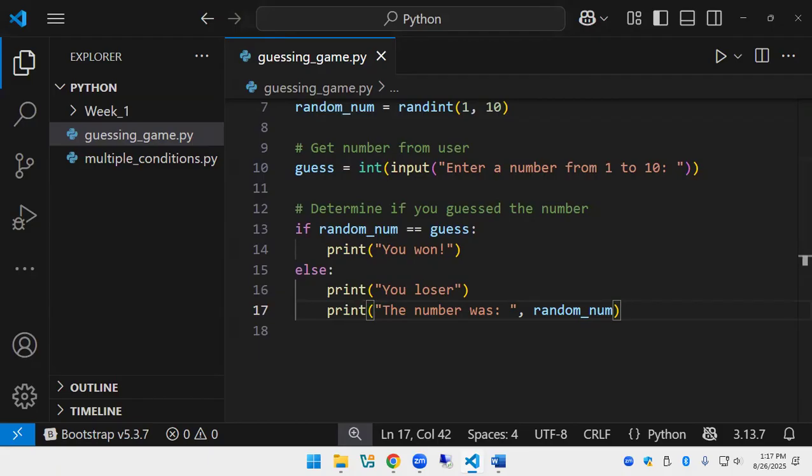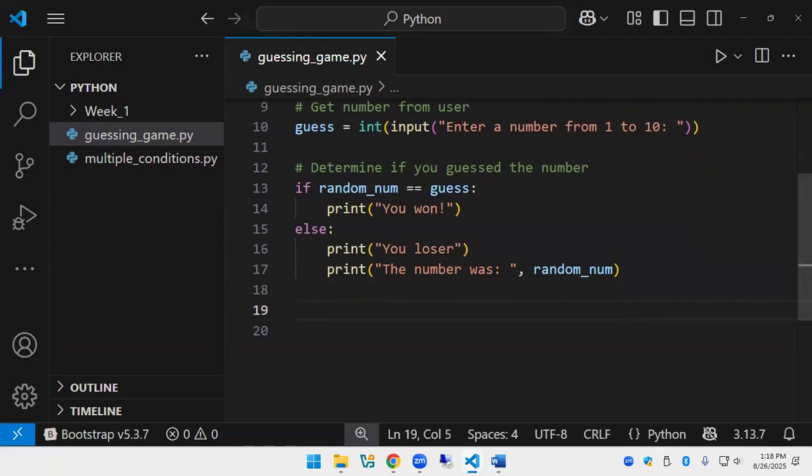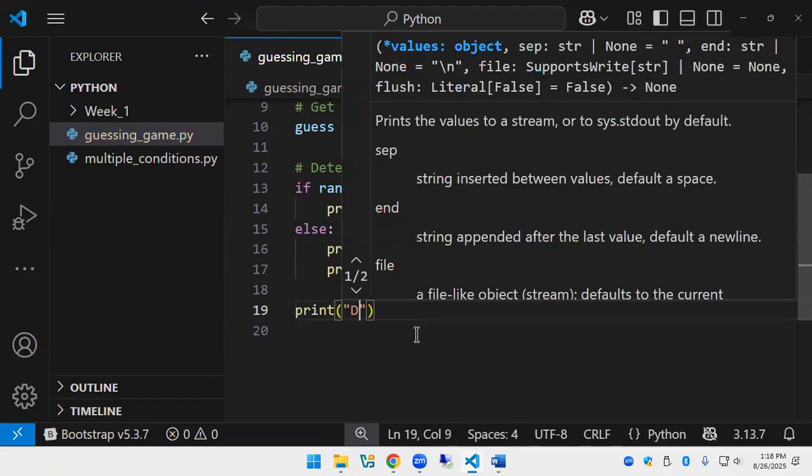Oh, well, what if I want done to be printed every time? Where would I put done? Below everything, outside of the else. And outside of means, in Python indentation, everything indented over here belongs to else. This belongs to this. If I'm over here, this runs no matter what happens.